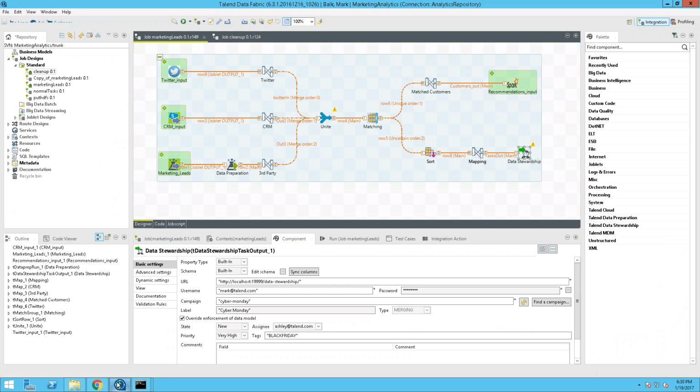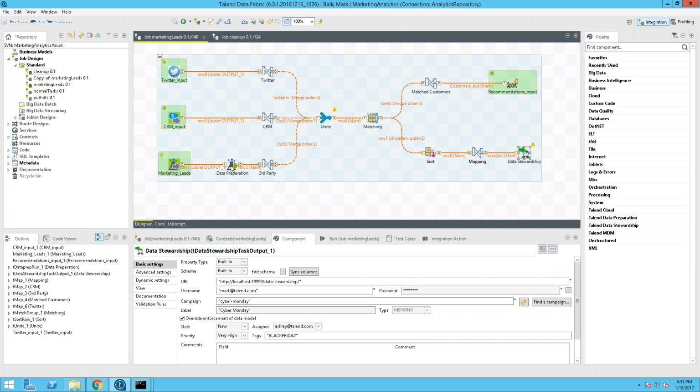So let me just show you what this particular process is doing. As you mentioned at the beginning of the demonstration, we're going to merge several data sources together. So I have our Salesforce customer data coming from the CRM, which is our Salesforce account, and then I am also pulling in a new set of social media profiles, mostly Twitter, but there are other profiles like LinkedIn and stuff. We're pulling in those profile information that has name and the email address associated to that Twitter account that we're getting from another third party, as well as the opt-in data that you just walked me